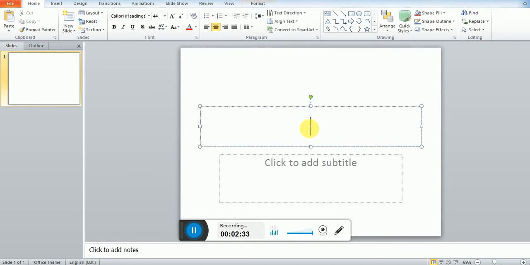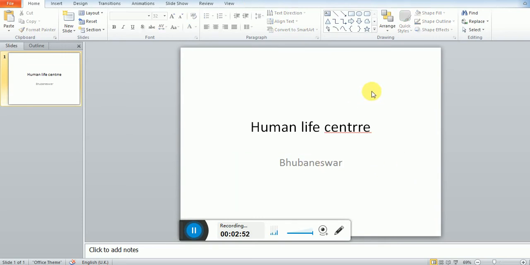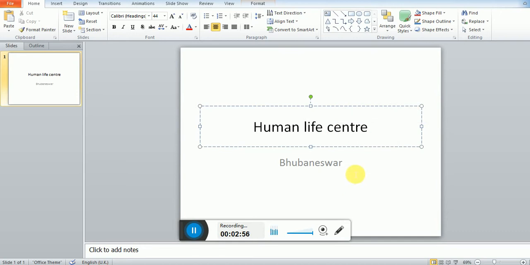Okay, so let me write here. Live center. So one slide is created. Let me correct it. Himalayan Center, Bhubaneswar.